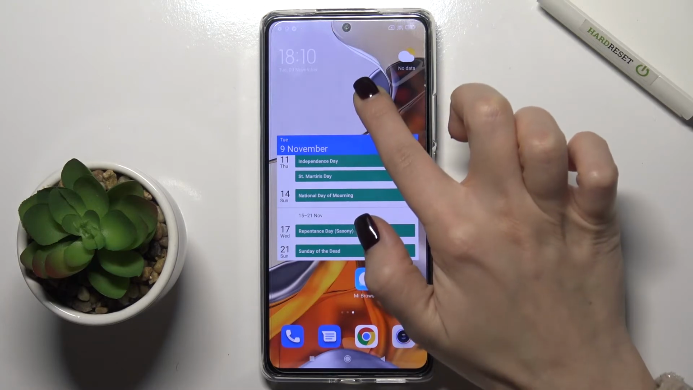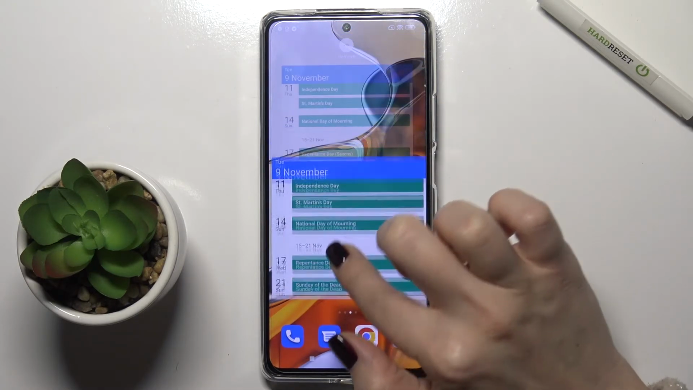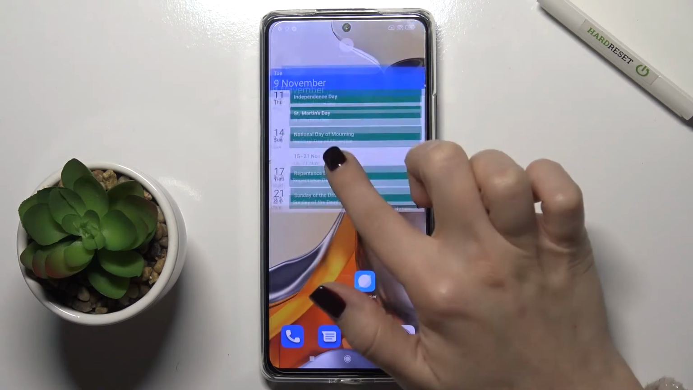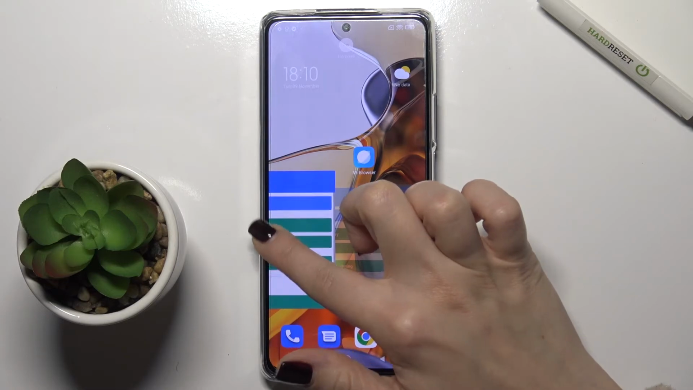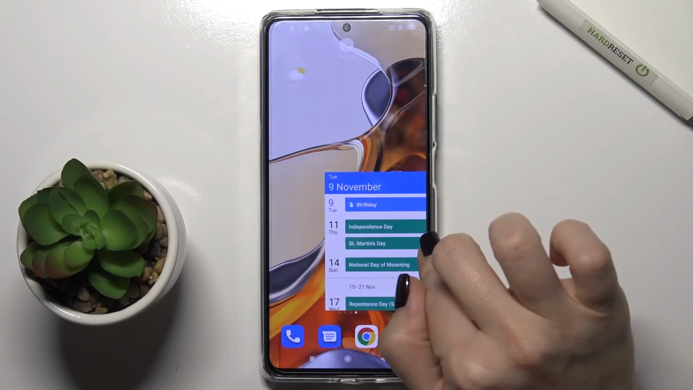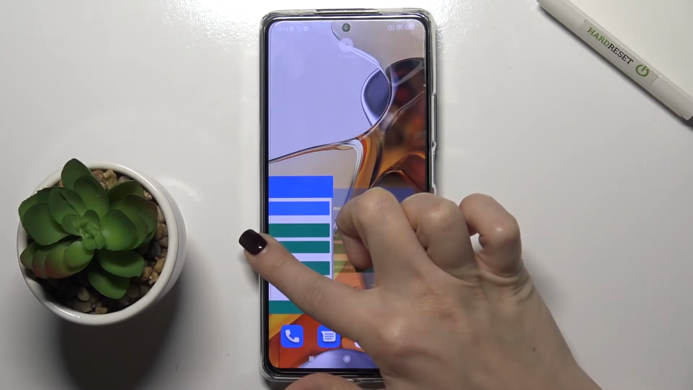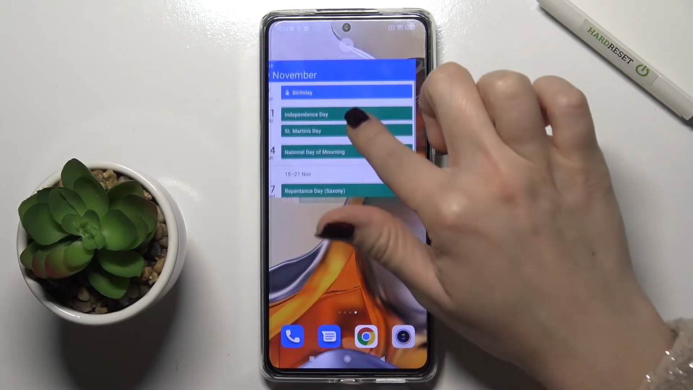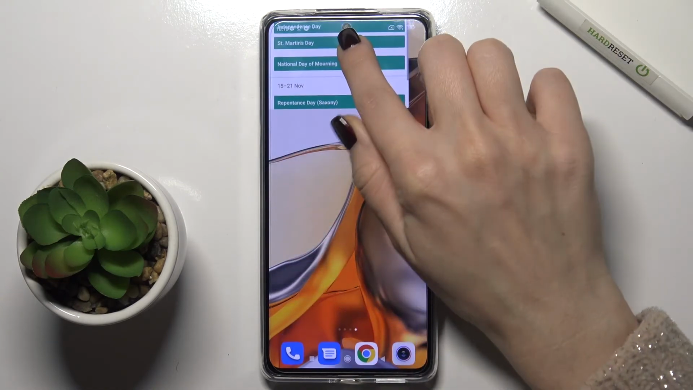Okay, and now if you want, you can change the positions of these widgets, that doesn't matter. If you want, you can give this widget, for example, to another screen, just move it between the screens. Also, if you want to remove this widget, just drag it with your finger to the remove icon,